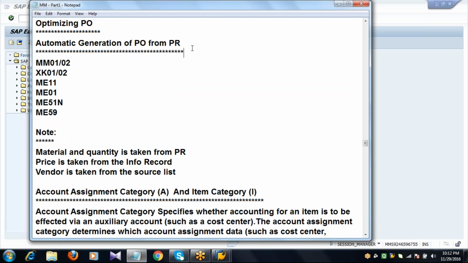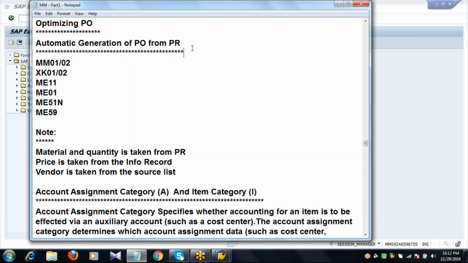One is automatic creation of PO with reference to PR, and another scenario is automatic creation of PO at GR level, which we'll discuss later when we come to inventory management. But here, automatic creation of purchase order with reference to purchase requisition. So the system itself will create a purchase order automatically. We never create it.